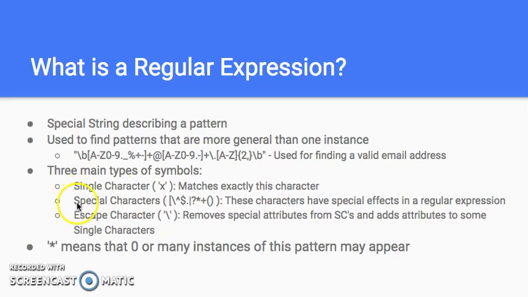Next we have special characters. Each of these special characters has its own meaning, some of which will anchor to the front of a word, anchor to the end of a word, or tell you you only have to have so many of a certain single character. For example, the Kleene star, which we'll be looking at today, means that you can have 0 or many instances of a pattern. That means you can have 0 x's, or 5 x's, or 1,000 x's, and it'll still